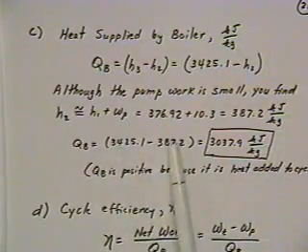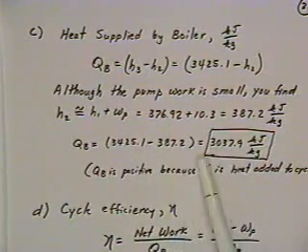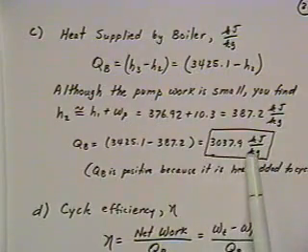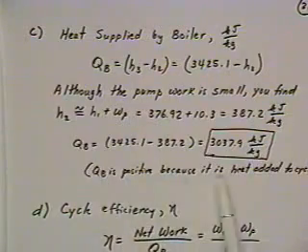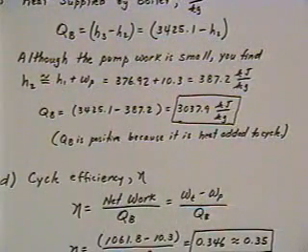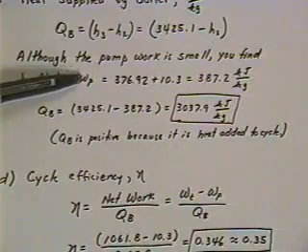So Q then is the difference between these two, 3425.1 minus 387, and so the heat that's actually added in the boiler is 3037.9 kilojoules per kilogram, and it's positive because it's heat added to the cycle. Now the reason why I say, as far as your overall error is concerned, it wouldn't make a whole lot of difference whether you used the enthalpy of 2 equal to the enthalpy of 1 and kind of ignored